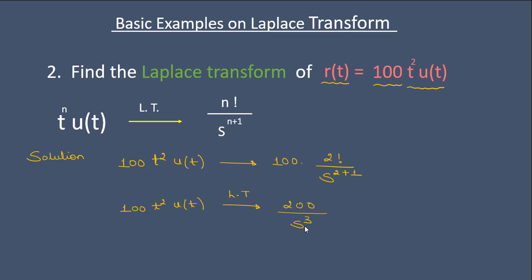So this was the last basic signal, which was the parabolic signal. We also solved two examples on these signals. So we have completed the basics of signals and systems that we will require in our control system syllabus. Also, I will make a video on the summary of Laplace transform so that we can have good knowledge about the Laplace transform that we will require in our control system.